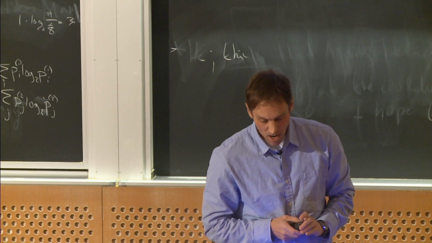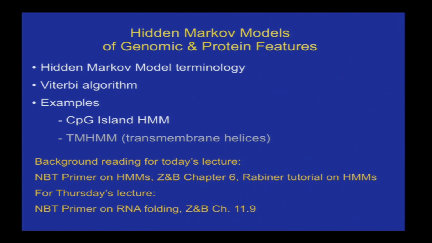Okay, all right. So for the remainder of today, I want to introduce hidden Markov models. We'll talk about some of the terminology, some applications, and the Viterbi algorithm, which is a core algorithm when using HMMs to predict things. And then we'll give a couple examples. So we'll talk about the CpG Island HMM, which is about the simplest HMM I could think of, which is good for illustrating the mechanics of an HMM. And then a couple later, probably coming into next lecture, some examples of real-world HMMs, like one that predicts transmembrane helices.